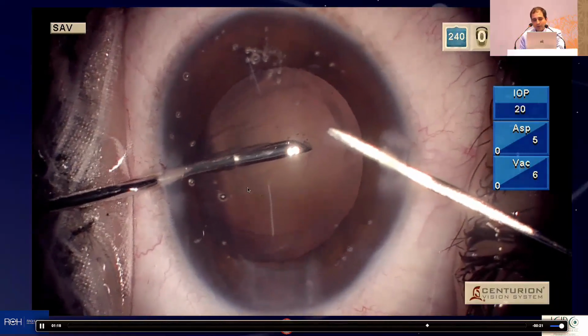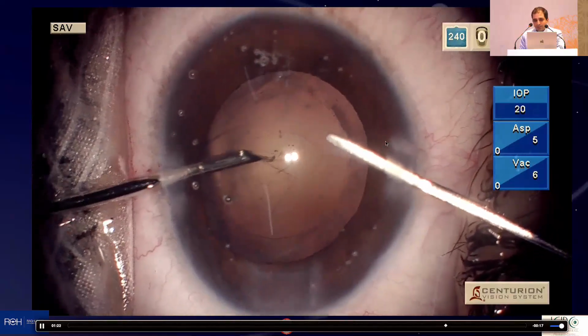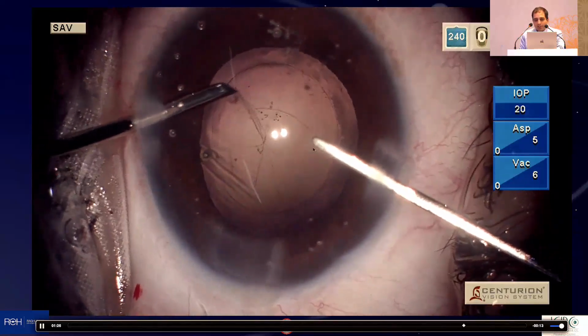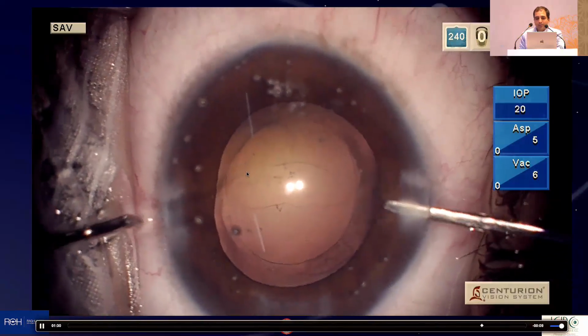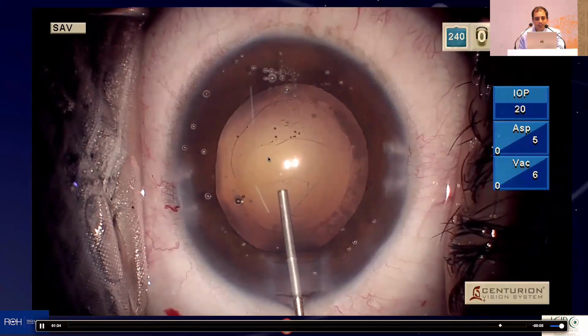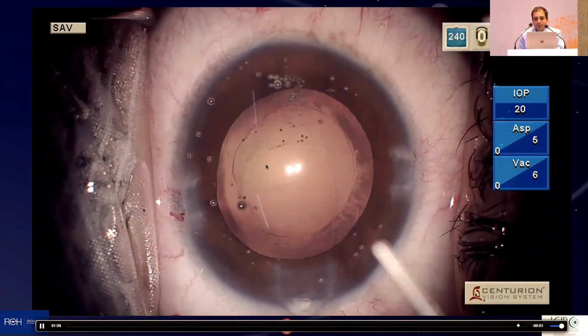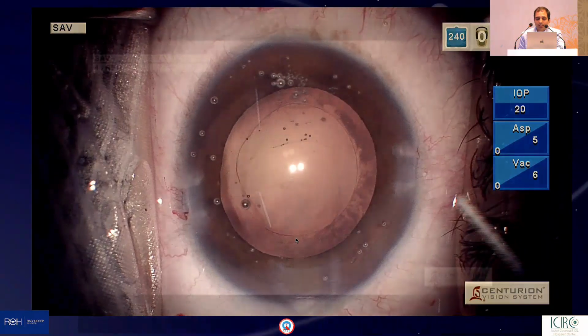So I've gone through my other side port, making sure the patient is under topical, so using a spatula to control the globe position. And now I've converted both those edges of the PCR into a posterior capsular axis. So this will now act as a strong margin. It is almost like an anterior capsular axis. So now, since there is no vitreous disturbance, we can go ahead with our plan of in-the-bag IOL implantation,